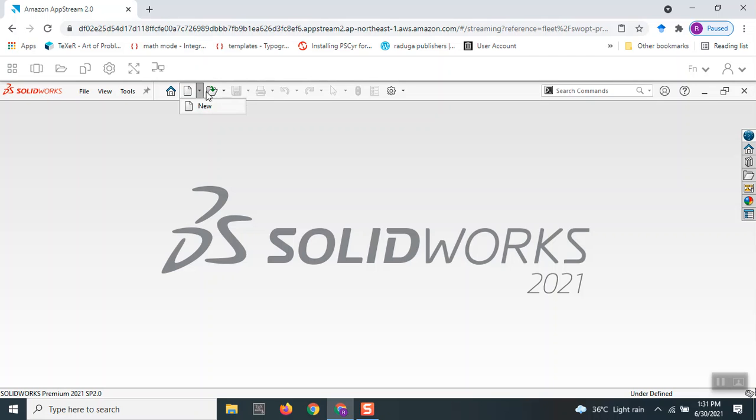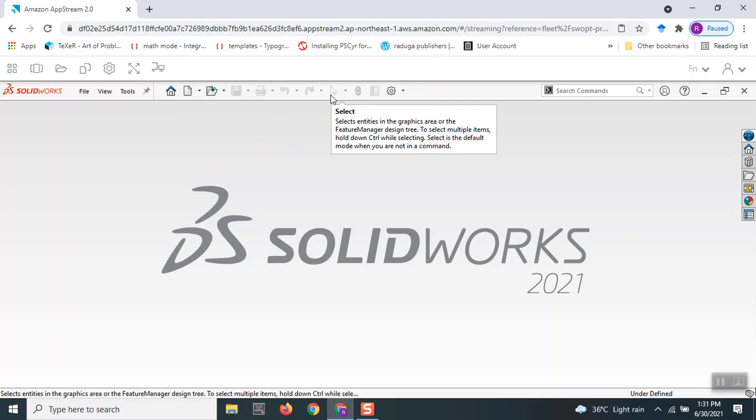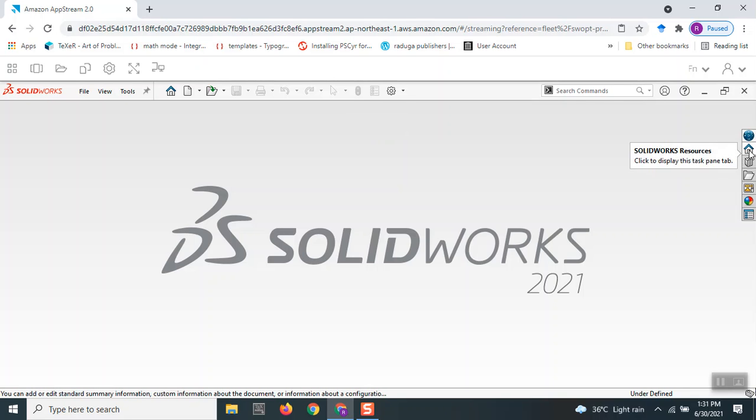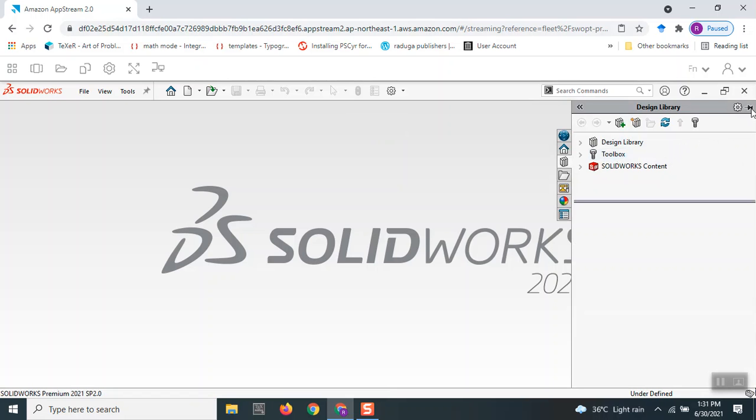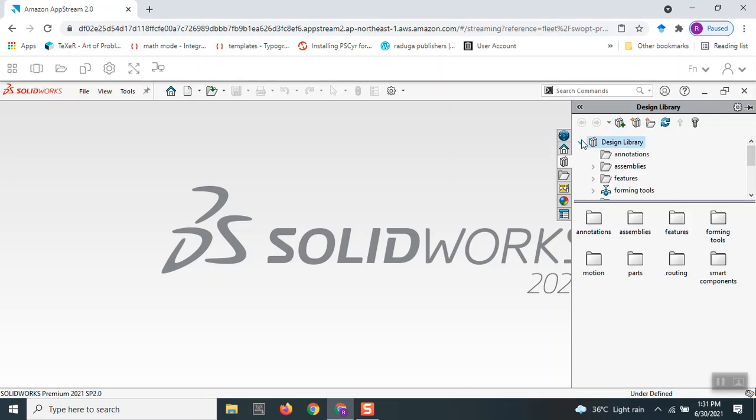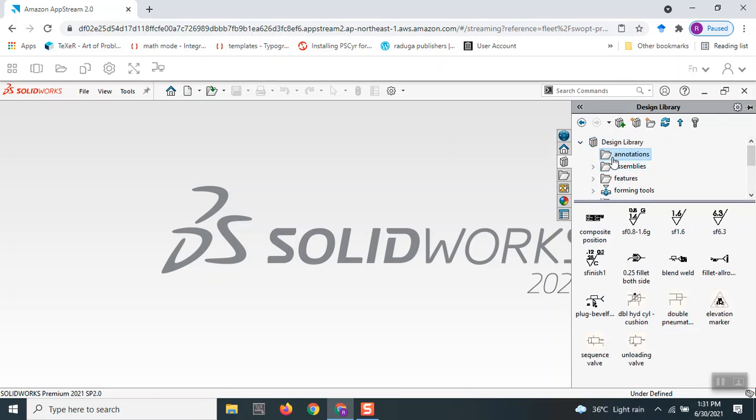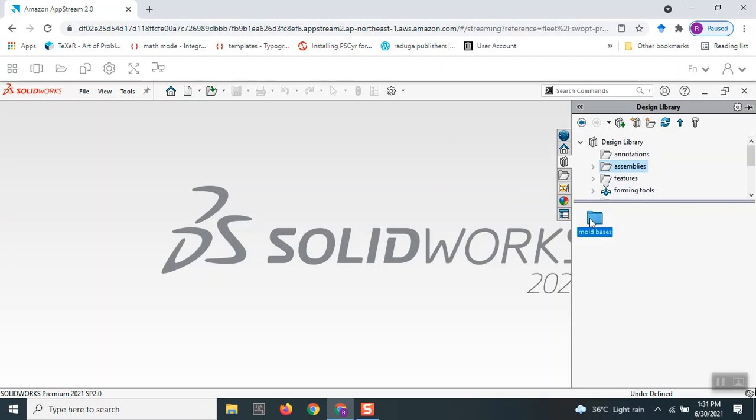Then it's the same thing like new, open and save, print, go back and go forward, and select entity and something. Since we don't have anything else, it's all blank, and a set of those also can be found here, like SOLIDWORKS resources, design libraries. I'll take a look at design libraries. You have design tools and something like that. Let's close this for a moment now, or you can even take a look at designs, annotations, assembly. Let's take a look at annotations. These are different types of annotations and different types of assembly, models and features, metrics and sheet metal forming tools,